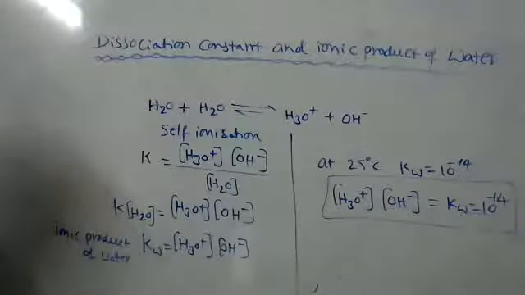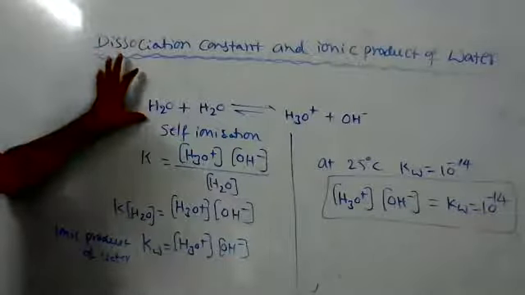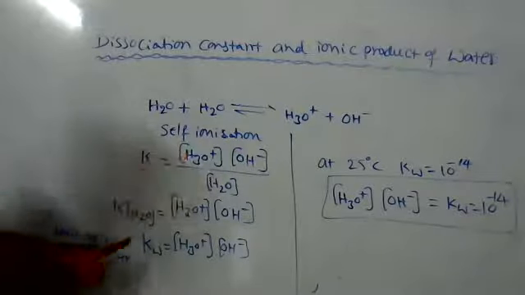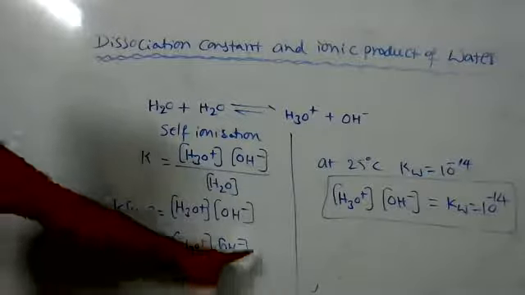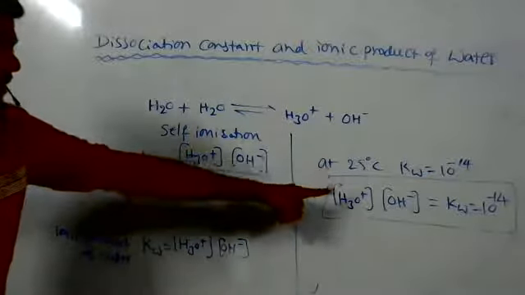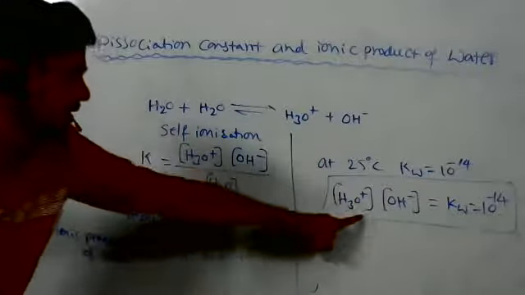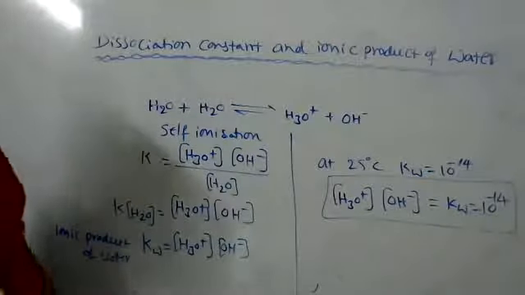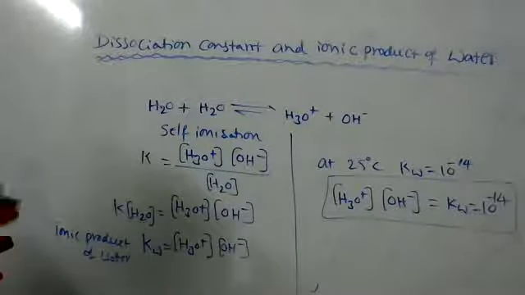So in the examination, you just need to write that water is a very weak electrolyte, so it undergoes self-ionization. You need to write this equation for H2O. And this value, the ionic product of water, Kw is equal to H3O+ into OH-. Then at 25 degrees centigrade, Kw is equal to this value; otherwise there is no need to write this point. With increase of temperature, Kw value increases. That's all. Write notes. So this whole thing we have to write, no? No, I will write and copy that one.